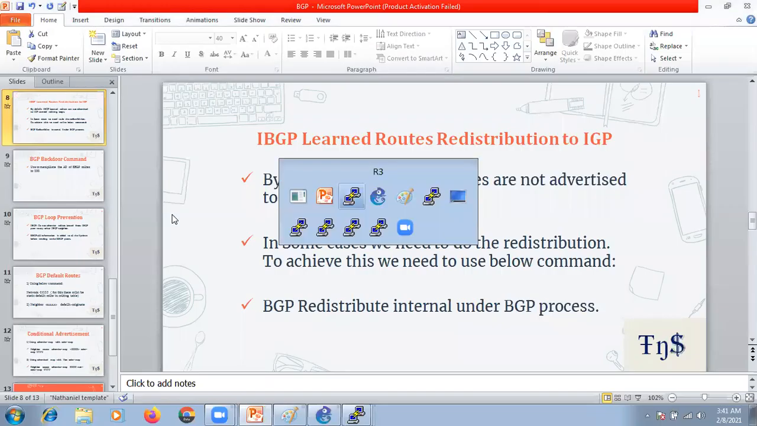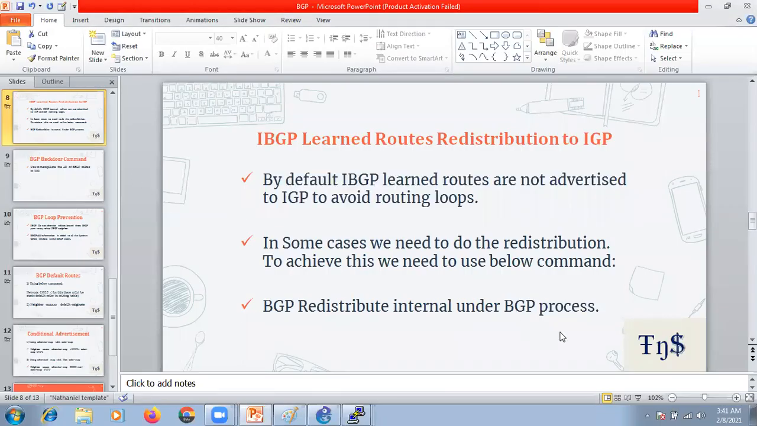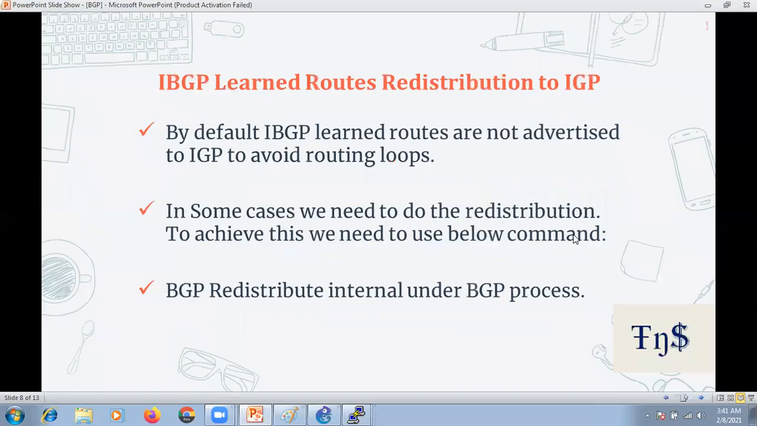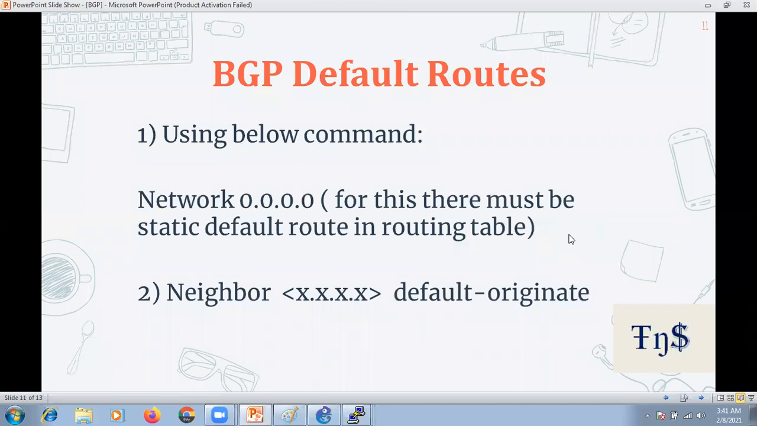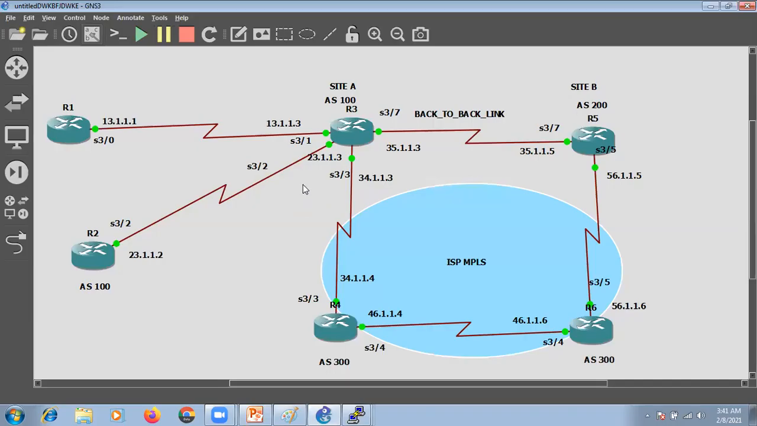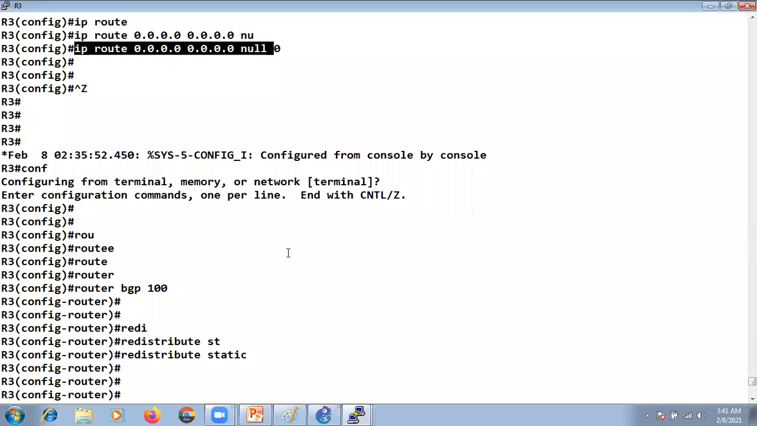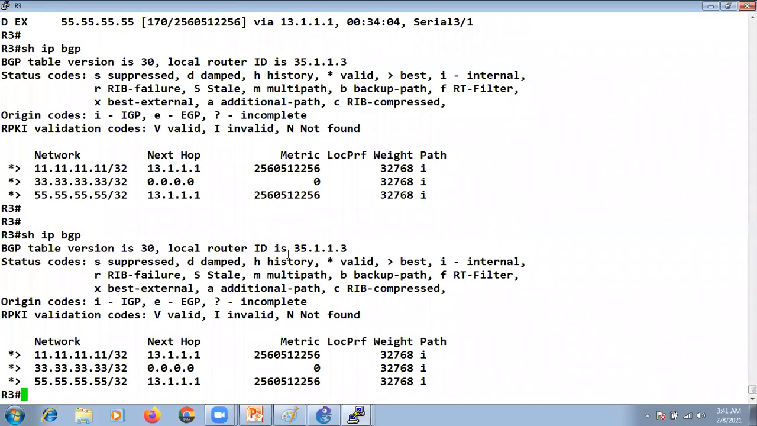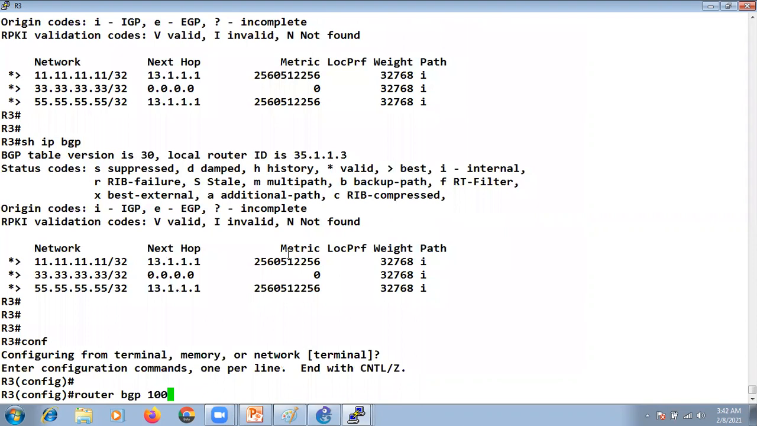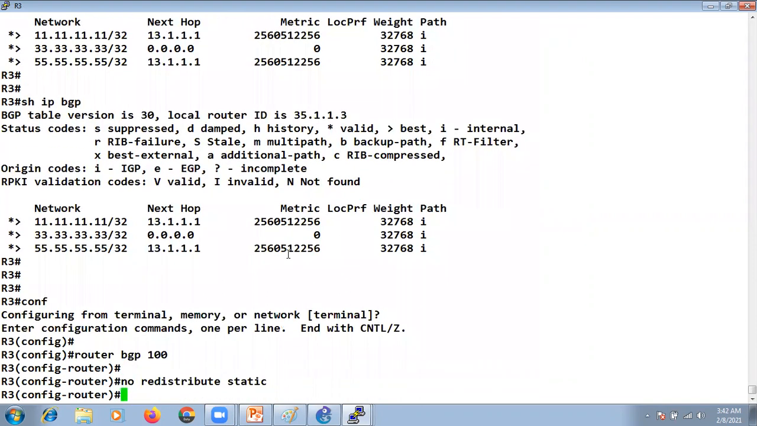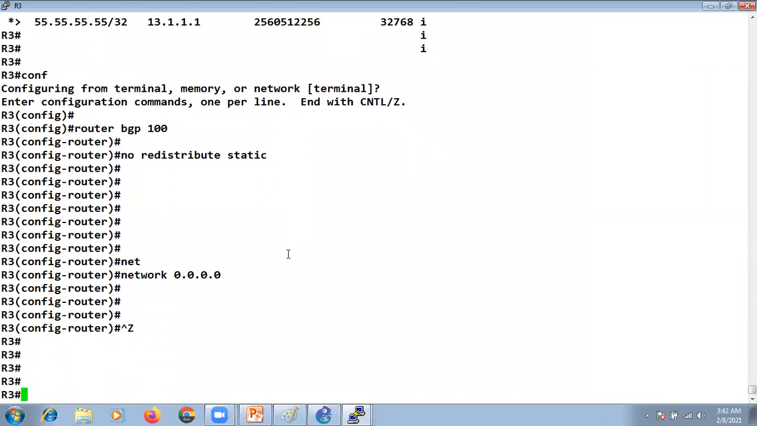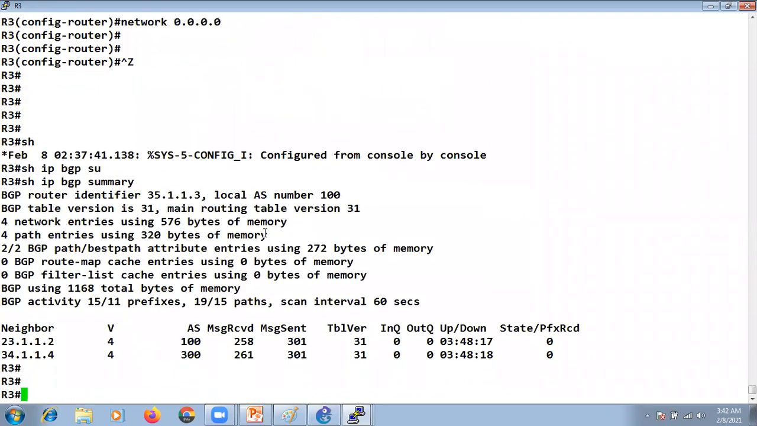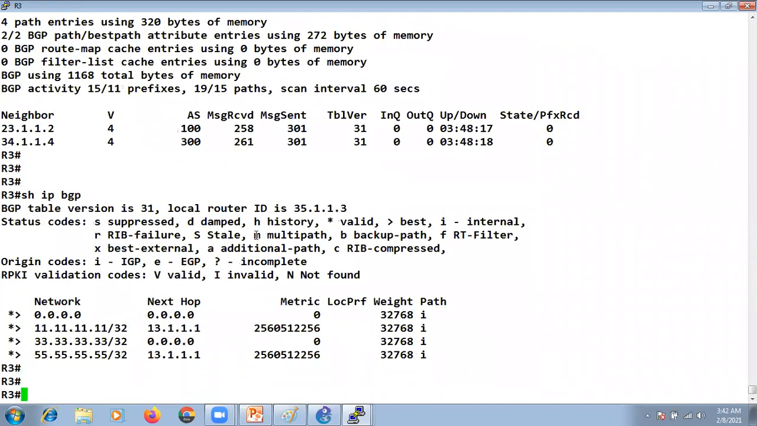Sorry, let us go back to the slide again. So you need to specify this network 0.0.0.0. You need to advertise this default route via the network command only. So let's again go to the BGP process, remove this, and advertise the default route. Now if you see here, show ip bgp summary, show ip bgp,